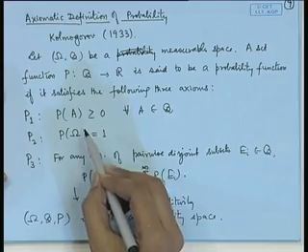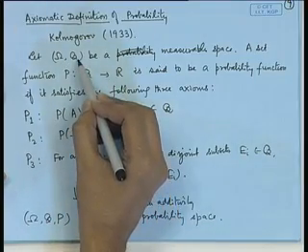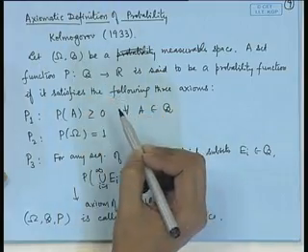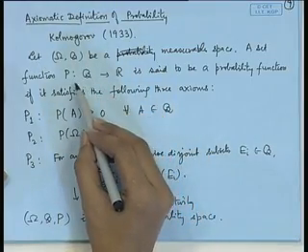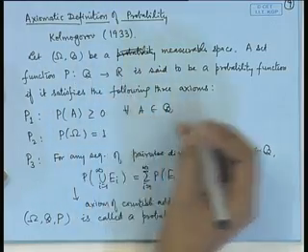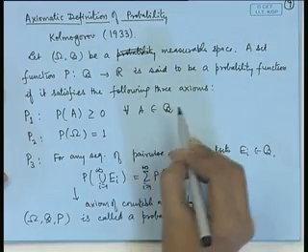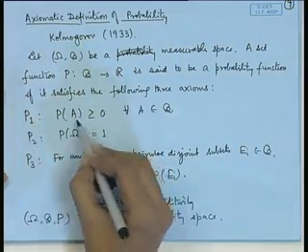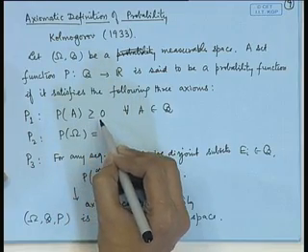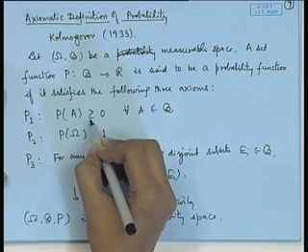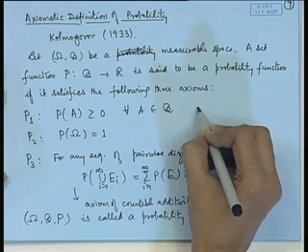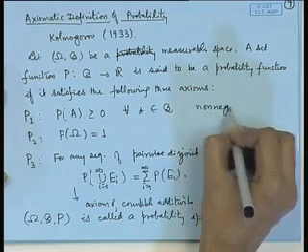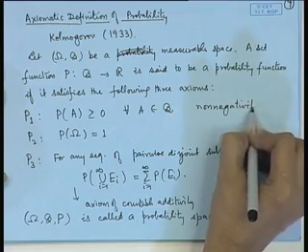So, in particular, if we have a sample space and a sigma field of subsets of that sample space, let us call it script B, then a set function P from B to R is said to be a probability function if it satisfies the given three axioms, which we name P1, P2, P3. The first is the non-negativity axiom, that is, the probability of A is greater than or equal to 0 for all A belonging to B. So, this is the axiom of non-negativity.